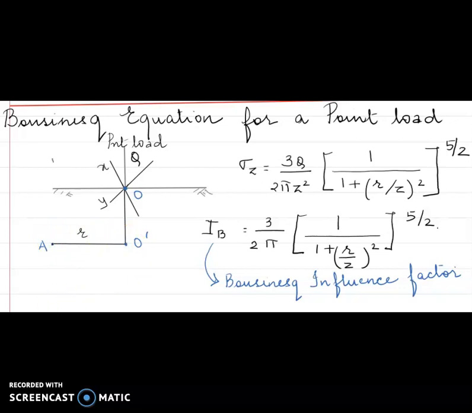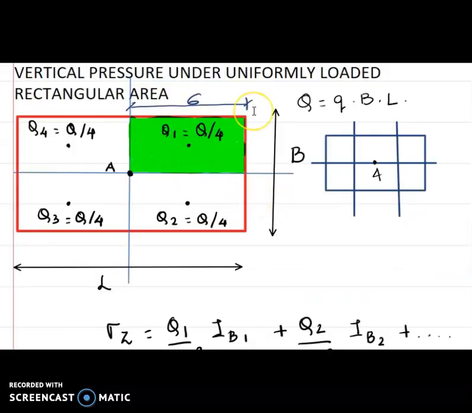Now let's go back to our case, and what will be the value of each of the r? Okay, so now we want stress at A. Where is the point load? At Q. What is r? R is the radial distance between A and point Q. So what will be that radial distance? It will be this, between point A and this point. Now what is this point? This is the point where your point load is going to act.